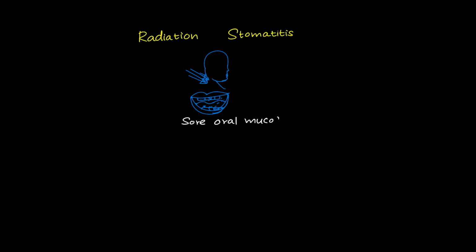Let's look at feeding a client with radiation-induced stomatitis. Radiation to the head and neck damages the rapidly dividing cells of the oral mucosa, leaving the mouth raw, sore, and often ulcerated. Eating becomes painful, and clients often lose weight just when they need calories and protein most. Comfort foods share three features: soft, moist, and room temperature. A lukewarm scrambled egg, a smoothie, mashed potatoes, or a room temperature nutrition shake can glide over sore tissue without